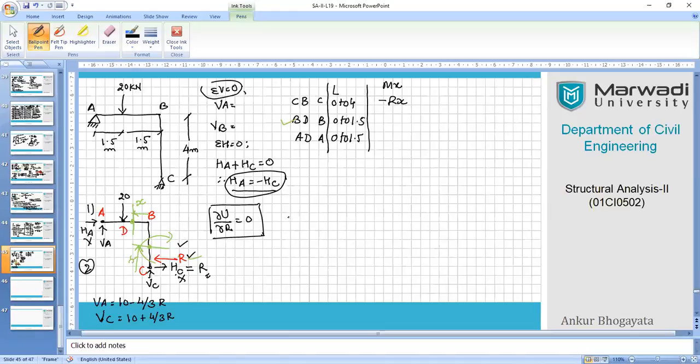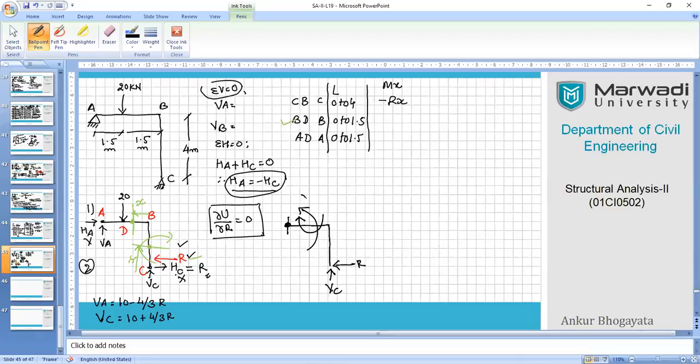Let me redraw this. This much is the portion we are considering right now. This is the first force. I want to take moment of this force about this point. It will be like this. And since I have another force here, this is R, this is VC. And for R, I'll be taking moment in this direction. So these are the two things that we need to write as a general equation.